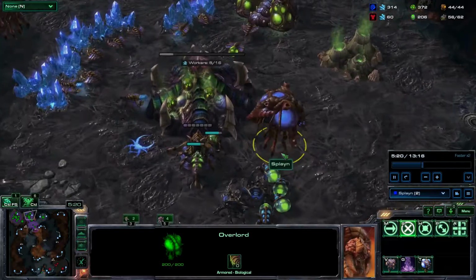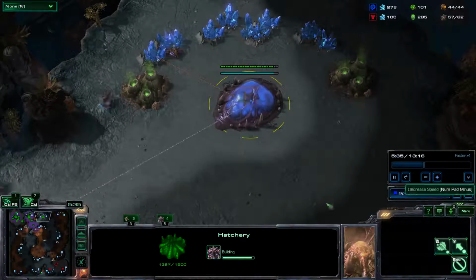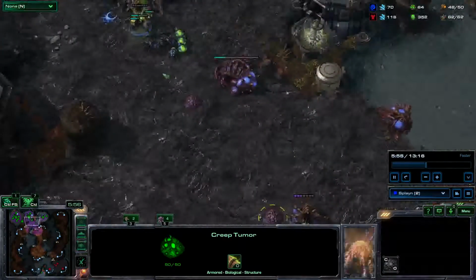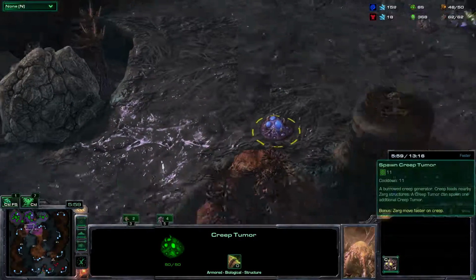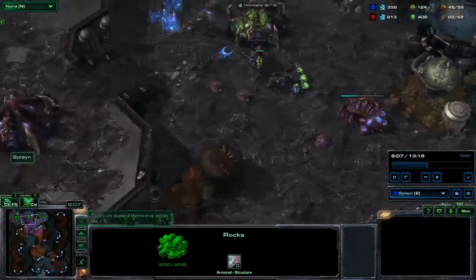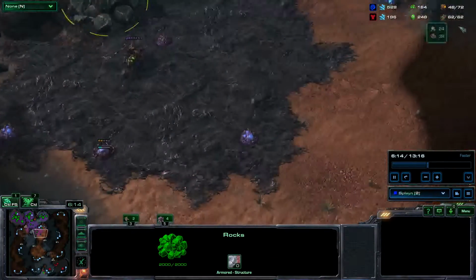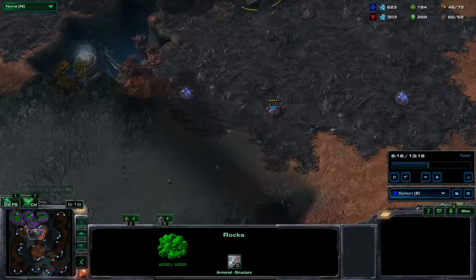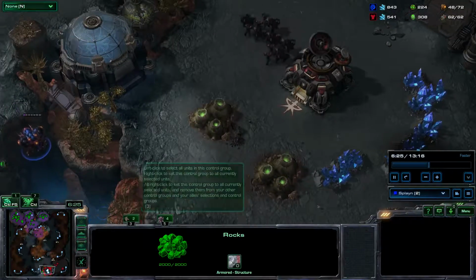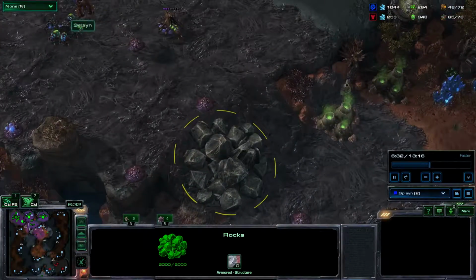And now the third base is yet to be completed. He's spreading creep, so that's one of the interesting things about Zerg, is that Zerg builds tumors like these. These tumors, just like that, they spread, and they spread creep. Now, as you can see on the minimap right here, the Zerg player is able to see the map clearly without a fog of war where enemy units are out there. Now we know that he has 3 bases, and he's spreading creep into the middle,